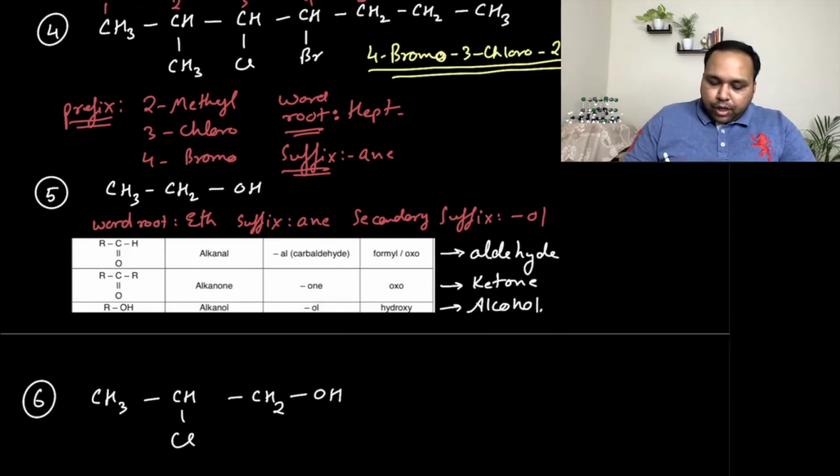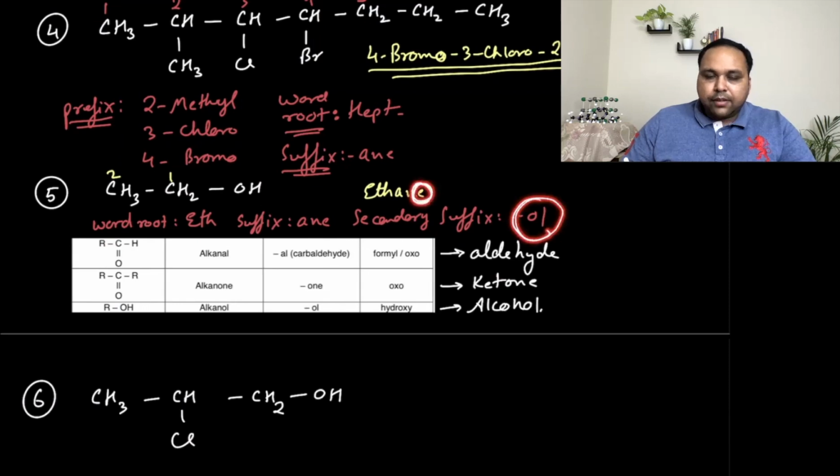So you have 2 carbon atoms, numbering 1, 2. So the name goes as eth, and because there are single bonds, you have ane. Now because you have O in our suffix, you remove this E from ethane, okay? So you don't place 2 consecutive vowels together. So when you name this, you remove E. The position of the alcohol group is at first carbon, so you have 1-ol. So the name of this compound is ethan-1-ol, or you can simply write ethanol.